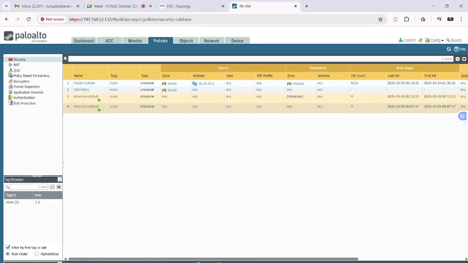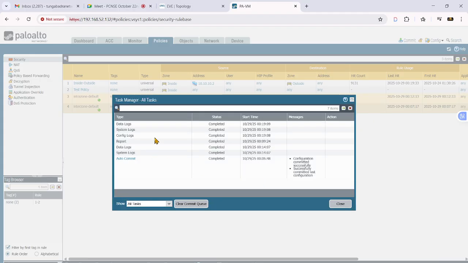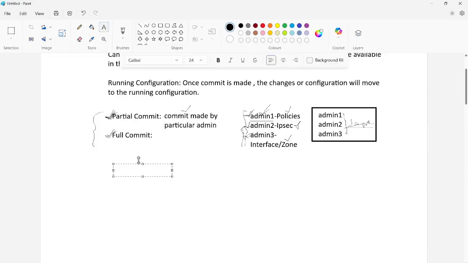There are some other things that we need to discuss. If you open the task manager, in every firewall you can see the auto commit. Not only in lab firewalls, in every production firewall also you can see this auto commit. So what does auto commit mean? Auto commit is nothing but